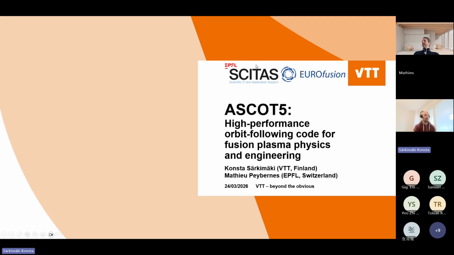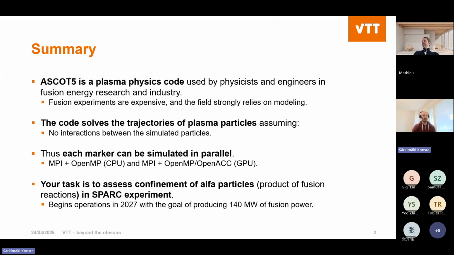This is the summary of this presentation and the ASCOT task. ASCOT5 is a plasma physics code used by physicists and engineers to develop fusion energy. This field of fusion energy as a whole strongly relies on modeling. So we have a lot of different models and high performance